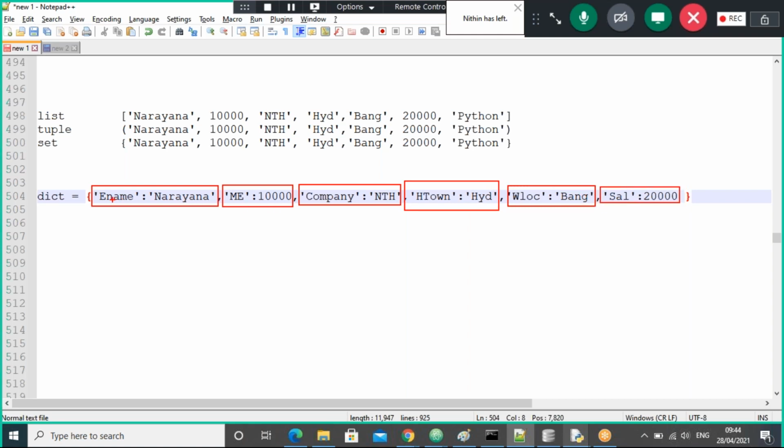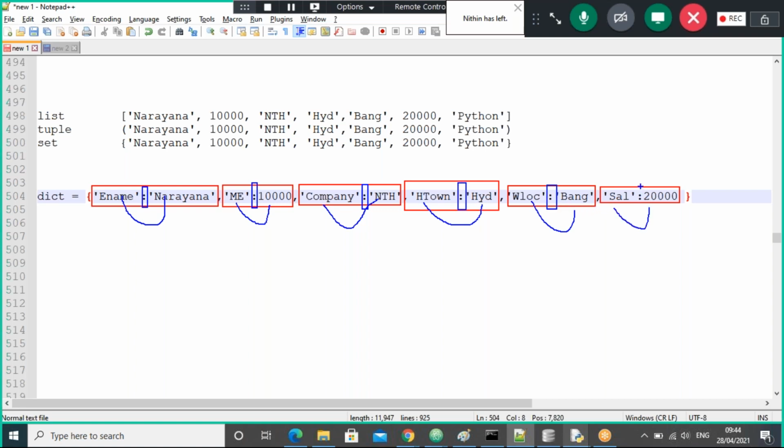Next one, the key and value are separated by which one, guys? Colon. Same here, key and value, the separator is colon, right? The key and value are separated by colon, but all pairs are separated by which one, guys?